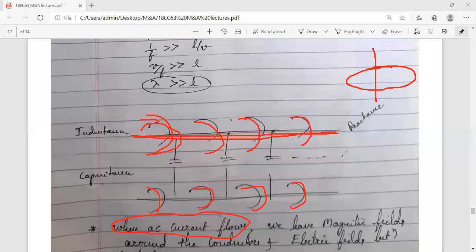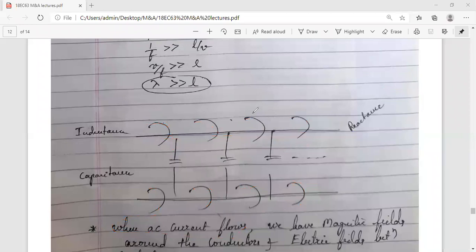And analogous to that, when these two conductors exist, in between these two an electric field gets created. Okay, so the diagram I have drawn represents the magnetic field and the electric field. Now, in order to analyze this kind of situation, when the circuit has higher frequency, one thing: frequency is high and your wavelength is comparable to the physical length of the line,